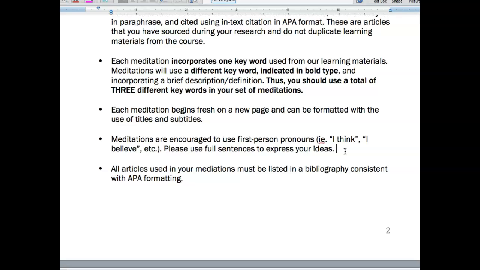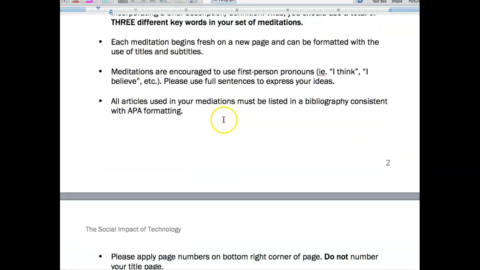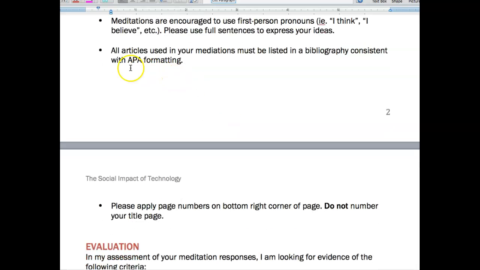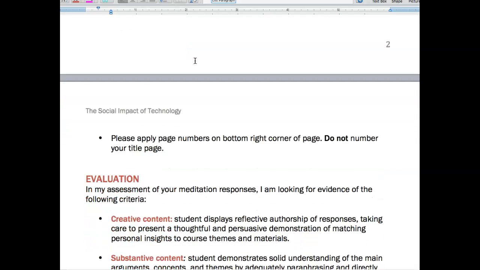So please do that. And then, almost lastly, all articles used in your meditations need to also be listed in your bibliography and have APA formatting. So your citations have 2 steps. They're both in text, in the little brackets, as you've learned in your comm classes, as well as have a listing in your bibliography. And then finally,